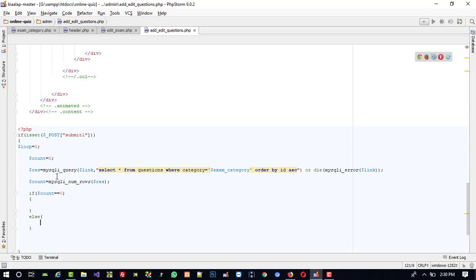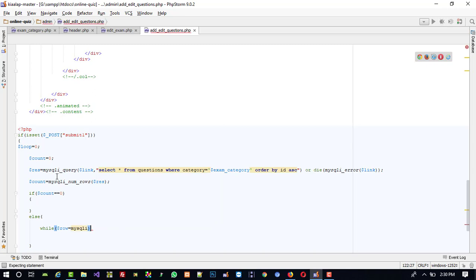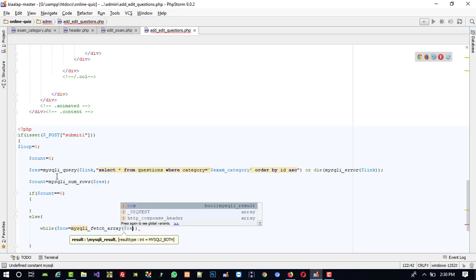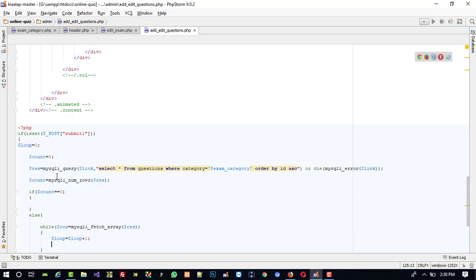If no added record, then no worry about it. But if records are available, then while $row is equal to mysqli_fetch_array($res), $loop is equal to $loop plus 1, then